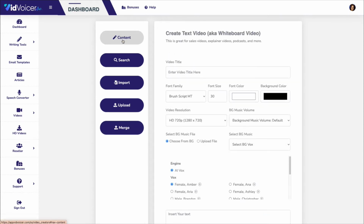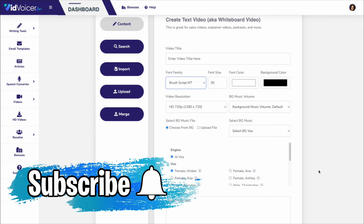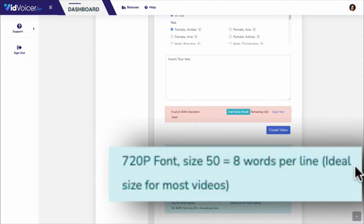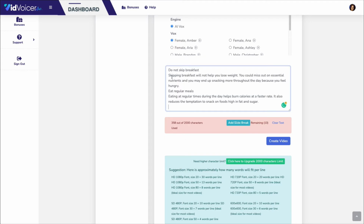So let's take a look at the content video first. You would enter the title here, choose your font size, and what's nice is they give you a bit of a cheat sheet down here. And it says the ideal size of font for most videos is size 50, which gives you 8 words per line. So if you were going to put in a text like the one that we just used, okay, you would want to ensure that this line is not more than 8 words because it's going to extend past the frame of the video. So what you would do is just come in here and edit and create shorter lines